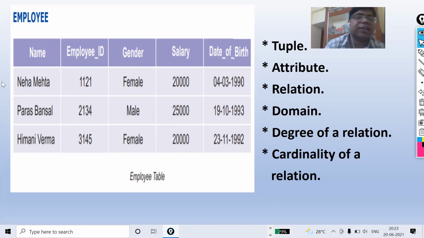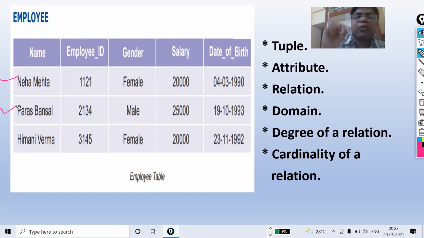If I'm talking about these two couples, then any one field, maybe name, employee ID, whatever, that must be unique. The data of that field must be unique. And unique means surely you will say that the field has been set as a primary key.